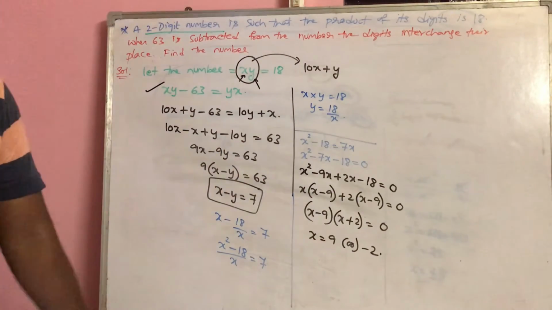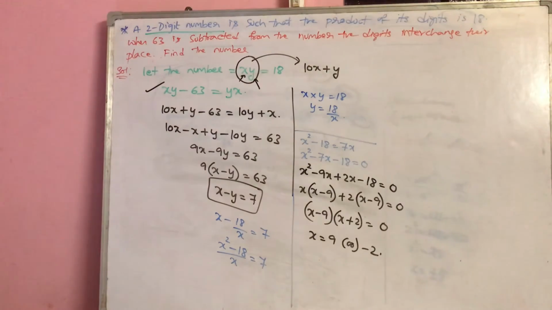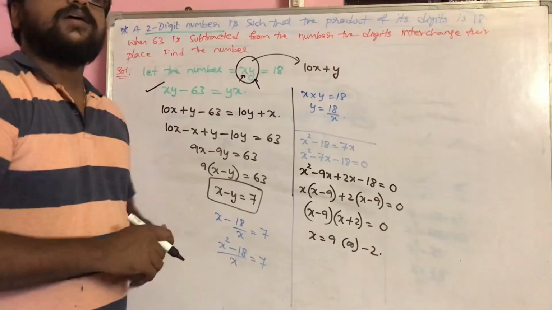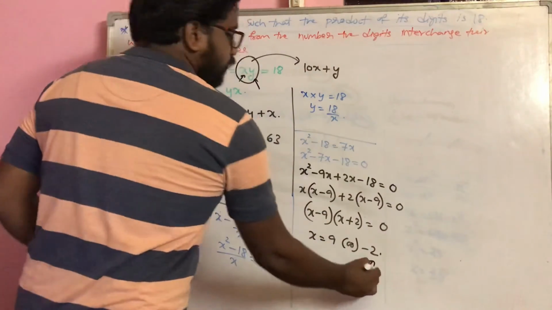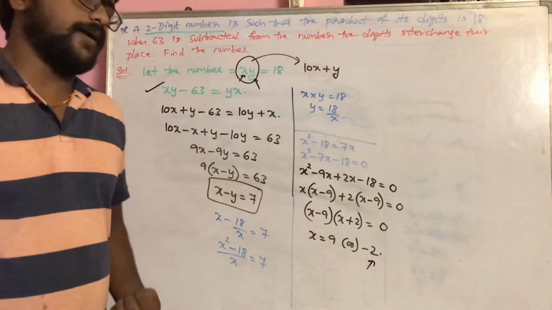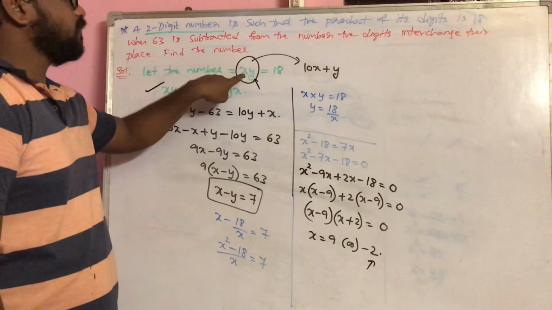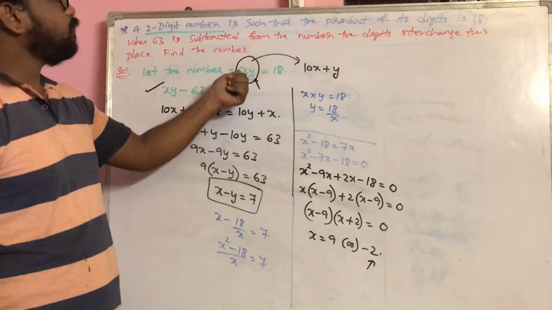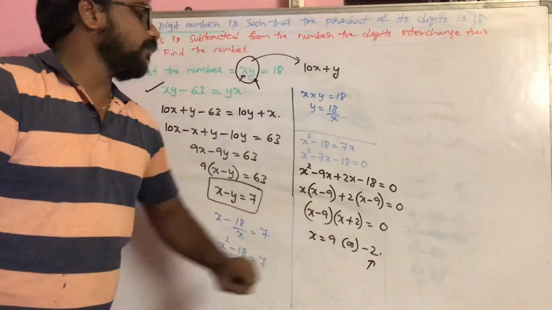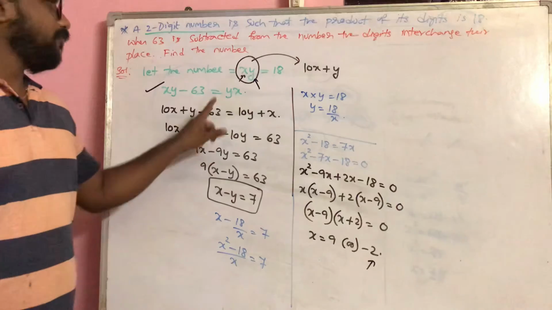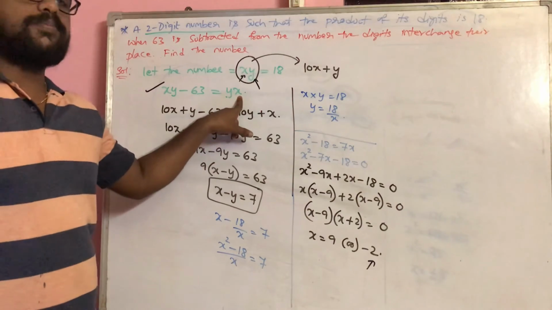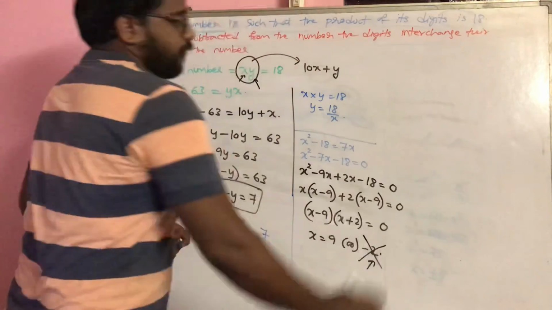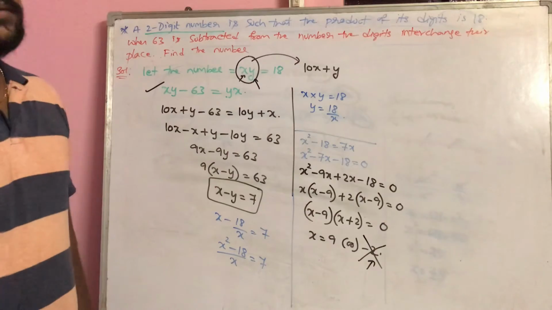Right? So now which one we have to eliminate? Straight away I cannot eliminate the negative value. I should have some valid reason to eliminate the negative value, right? So what is the valid reason that I have? You can see here, this is an xy, representing the units position and tens position, right? The tens position here, how can I replace it with minus 2? And if I swap the positions, how will I place the minus 2 in the units place? As we don't have any answer for that, we are eliminating minus 2.